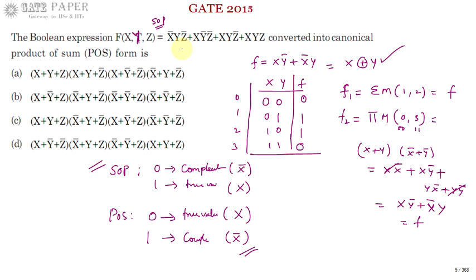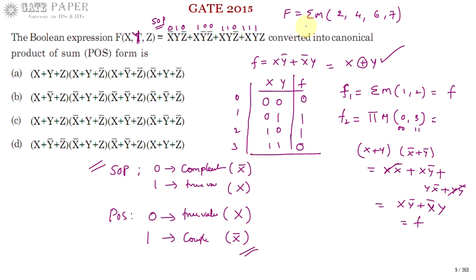Now we are going to convert the canonical SOP to POS. If you write the minterm expression, f is going to be sigma m of x bar y z bar and so on. Since it is SOP, complement is treated as 0 and true value is 1. So 0 1 0, 1 0 0, 1 1 0 and 1 1 1. You can write these as 0 1 0 is 2, 1 0 0 is 4, 1 1 0 is 6, and 1 1 1 is 7.